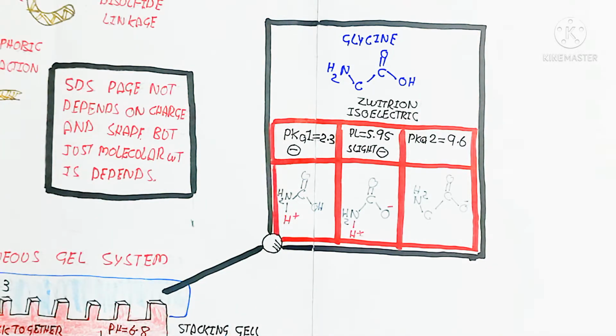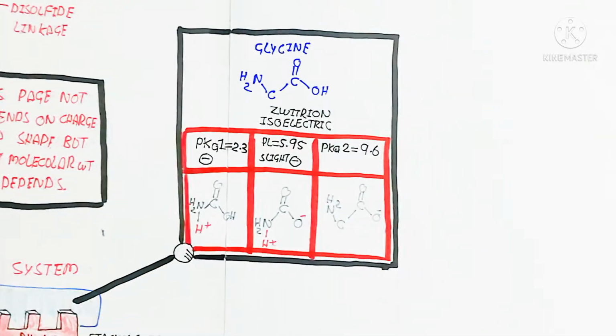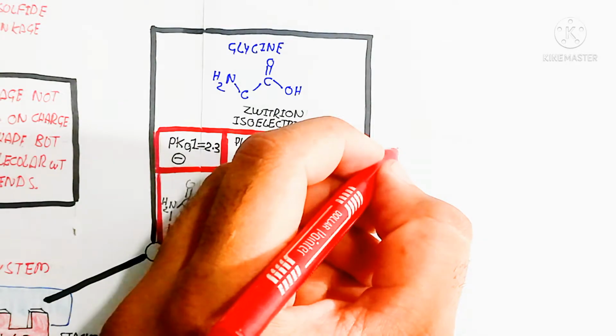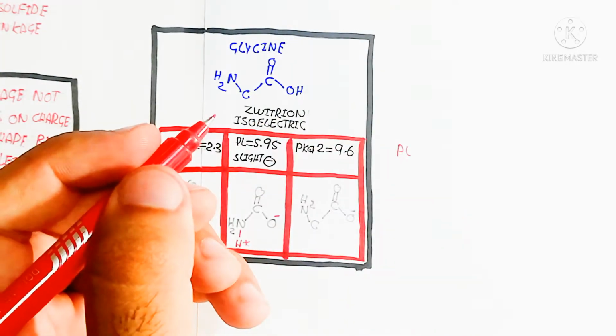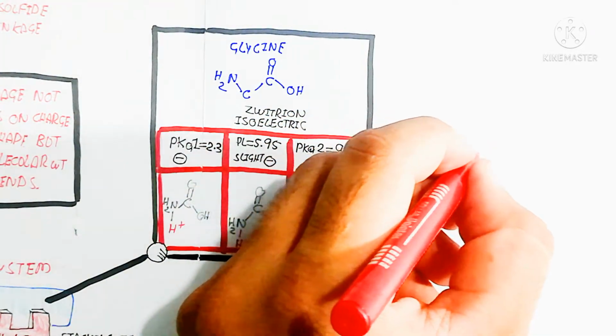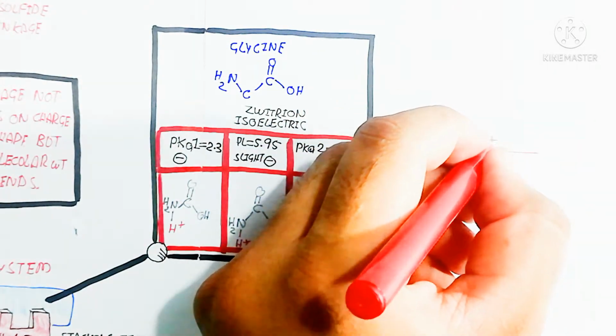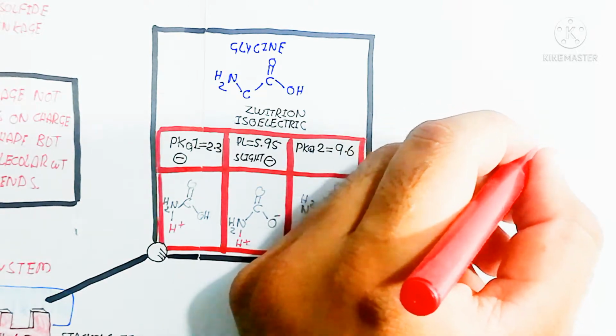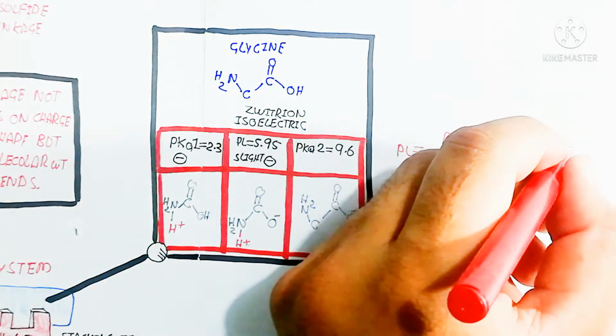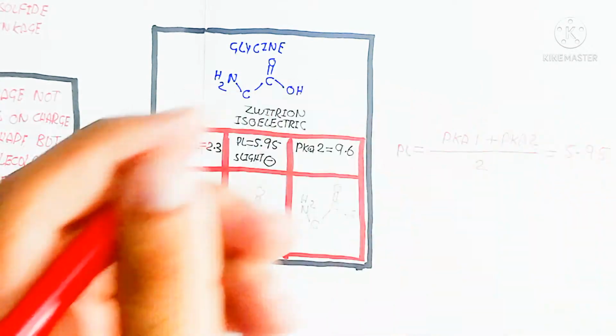When the pH rises in the separating gel and stacking gel, it means it accepts the proton to decrease the pH, while when the pH goes down, it means it donates the proton to raise the pH. So it is maintained throughout the journey of the migration of the protein segment in the separating gel.